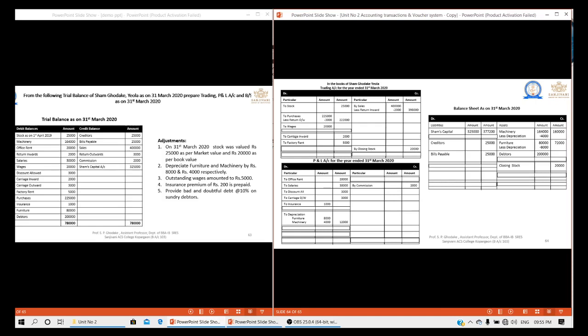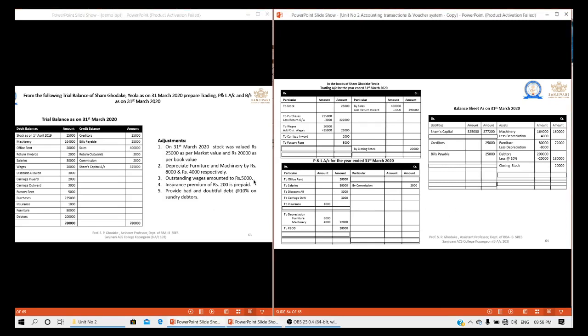So before doing that wages adjustment, we'll see the adjustment of RDD, that is 10% on sundry debtors. Here debtors were given, so we are going to reduce the RDD, 10% of 2 lakh, which is 20,000, and in the outer column 1,80,000, and we'll have 20,000 on the debit side of the profit and loss account, that is, to RBDD 20,000.